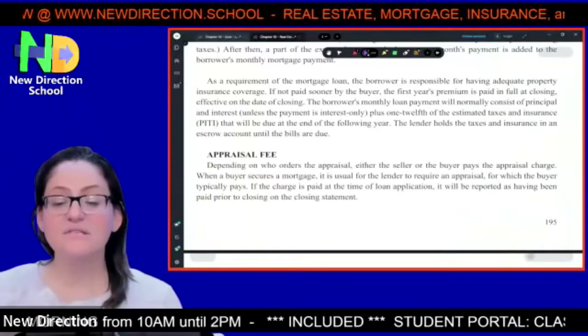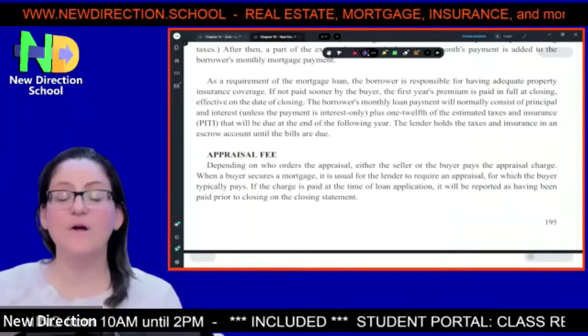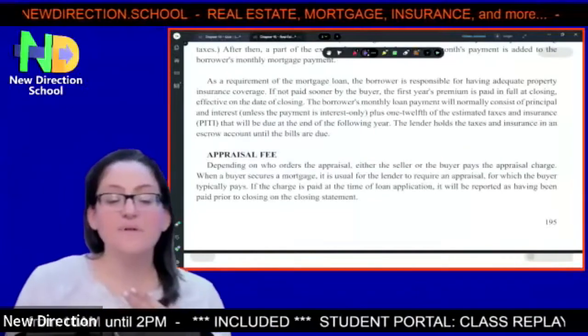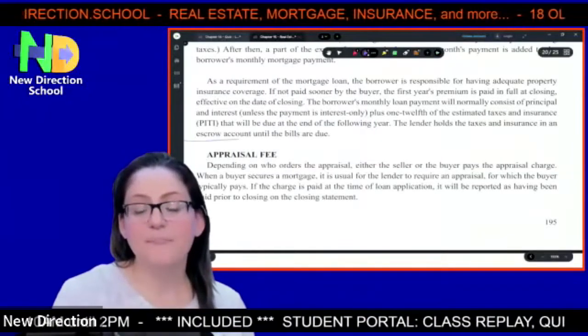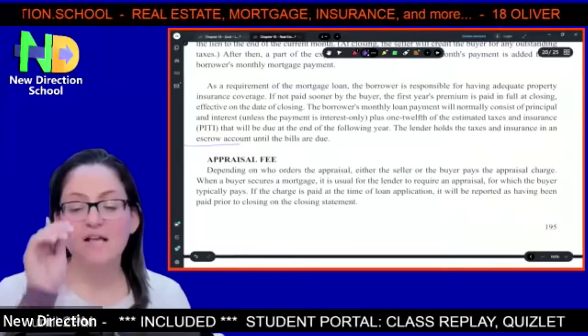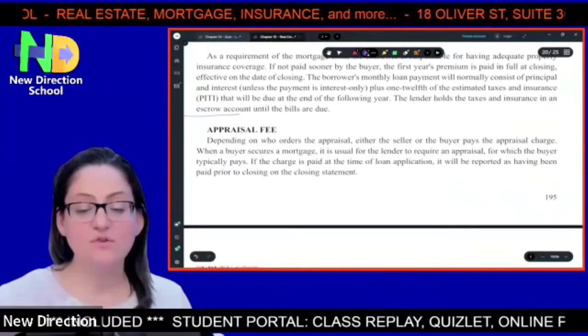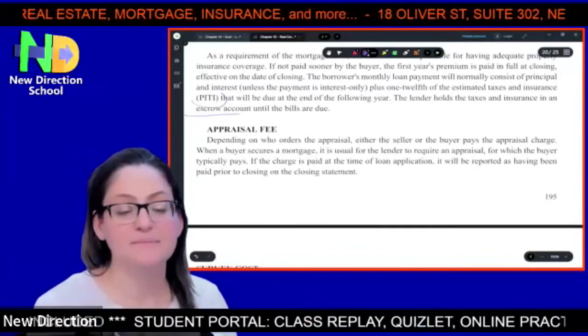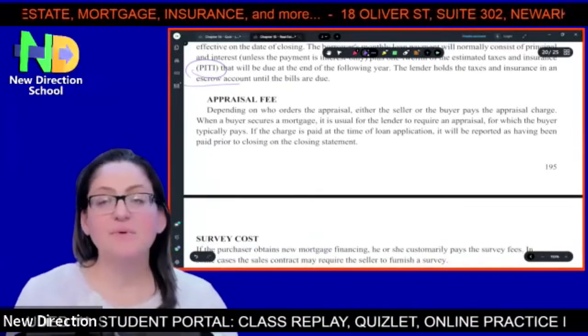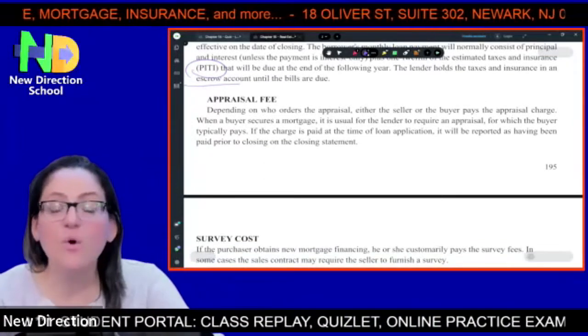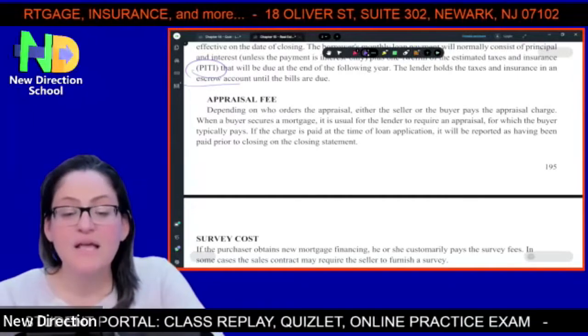The lender holds the taxes and insurance in the escrow account until the bills are due. So, okay, this is the escrow account that is before, at the time of closing, because there's also an escrow account for the PITI. So now it says appraisal fee, depending on who orders the appraisal, either the seller or the